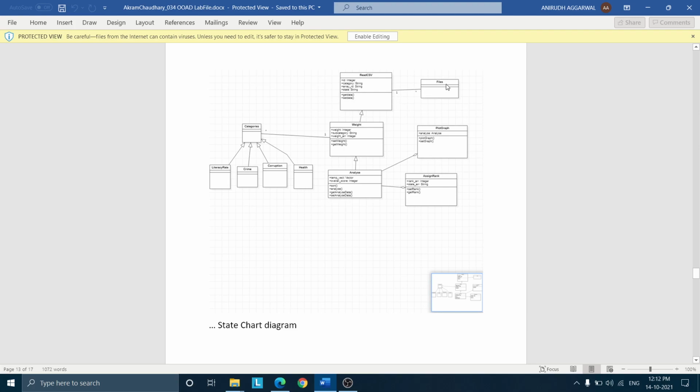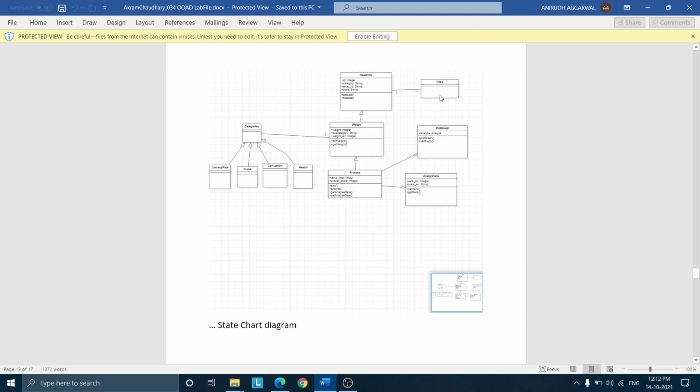This read CSV class has an associative relationship with files, and the multiplicity is one to many. It means a read CSV class can read many files.